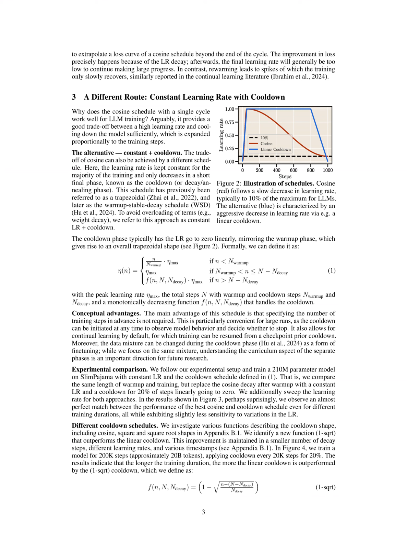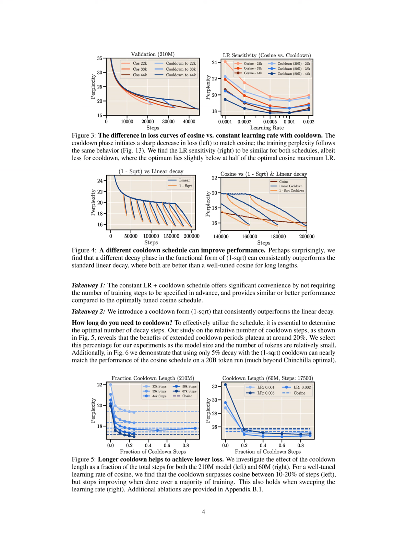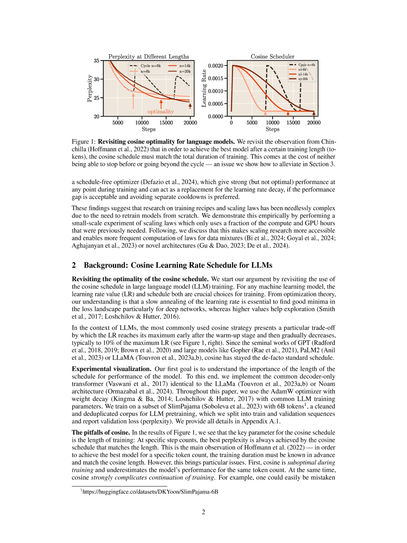The proposed alternative of performing a cooldown after a constant learning rate is compared to the cosine learning rate schedule in several key aspects. 1. Performance matching. The constant learning rate with cooldown schedule matches the performance of the cosine schedule, even for different training durations. This is demonstrated empirically in the experiments where the cooldown schedule shows an almost perfect match with the best cosine schedule in terms of performance.